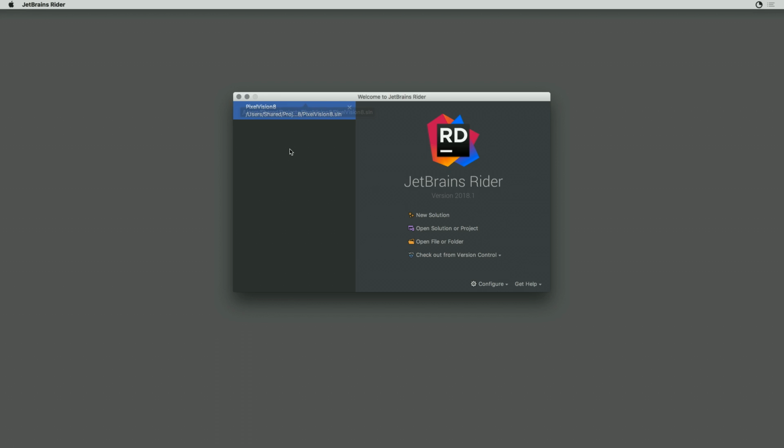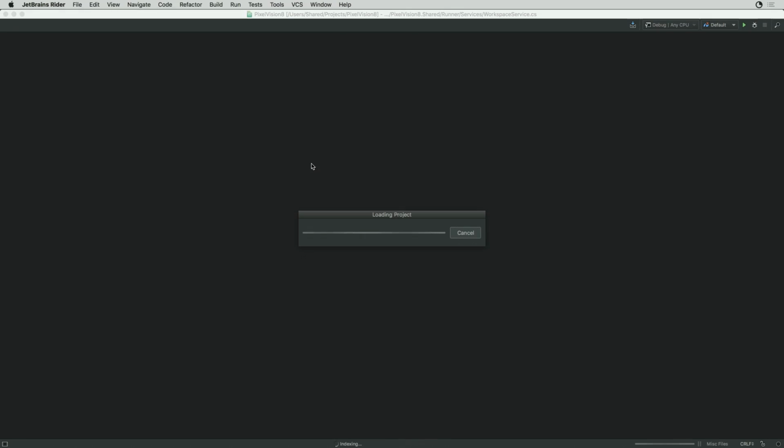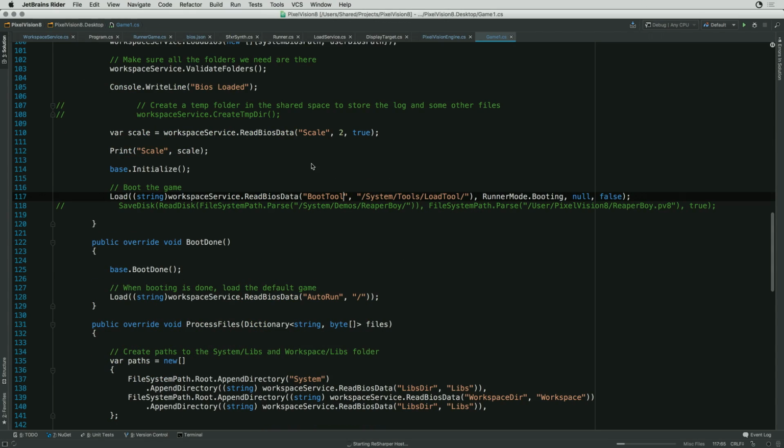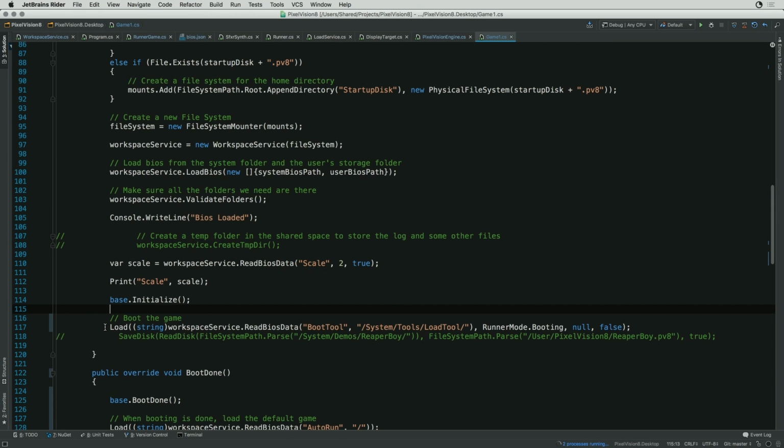Now, I was having some thoughts about this, and one of the things I was thinking of doing was building the boot tool and the other stuff, building the boot stuff into the editor. Now, I had some problems I was running into earlier. What I can't remember is where I left off last night. So let's